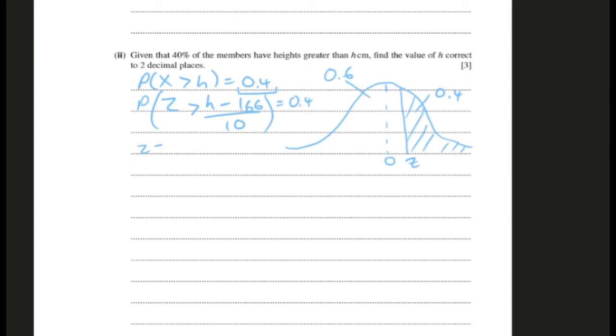That z value is equal to (h minus 166) over 10. So what we can do is say arc phi of 0.6. The reason we're using 0.6 instead of 0.4 is that if you look in your tables, you'll notice the probability values start at 0.5. So we can't actually use 0.4 since it's less than 0.5; we won't be able to find our z value. Since both 0.6 and 0.4 result in the same z value, we can use 0.6 to find our z value. Arc phi of 0.6, if you read from your tables, will give you a z value of